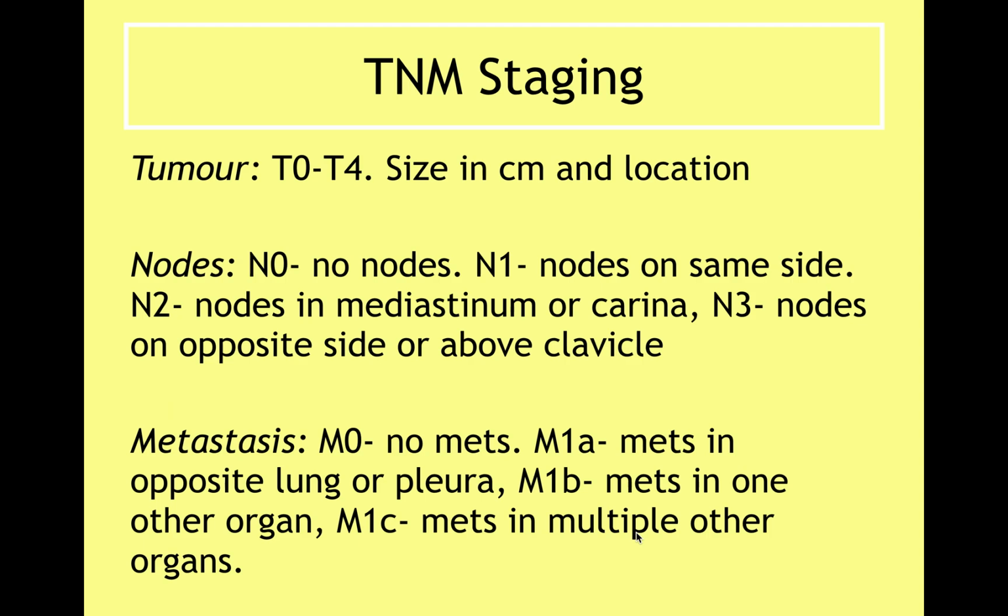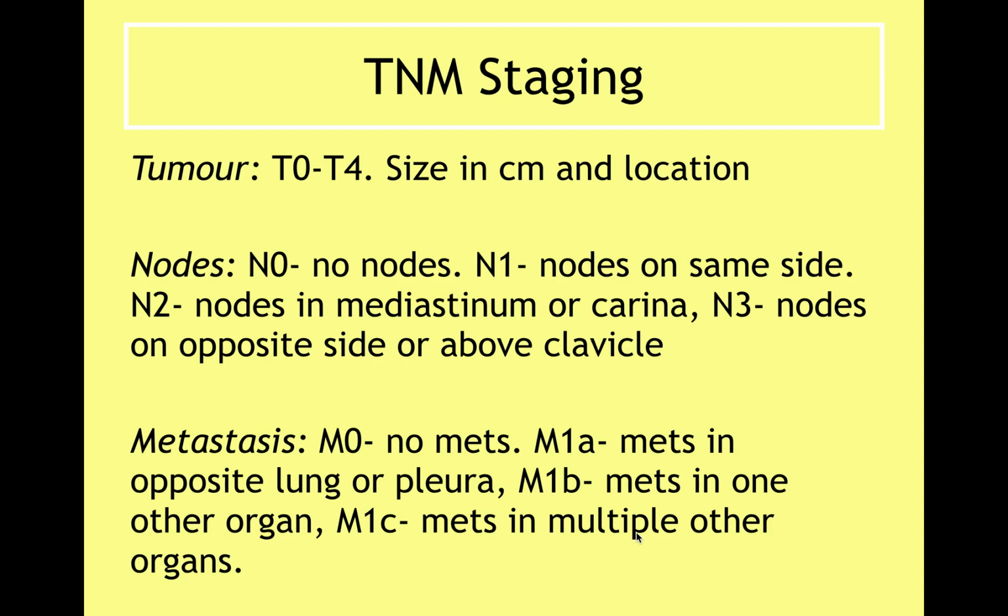So once you've diagnosed that a person has lung cancer, it's important to look at the stage of it. So TNM staging is used for most types of cancers, including lung cancers. So T stands for tumour. There's a scale of T0 to T4, and that is normally how big the tumour is and the location of it. So a tumour in T1 is contained in the lung, and it might be T1 A, B, or C,